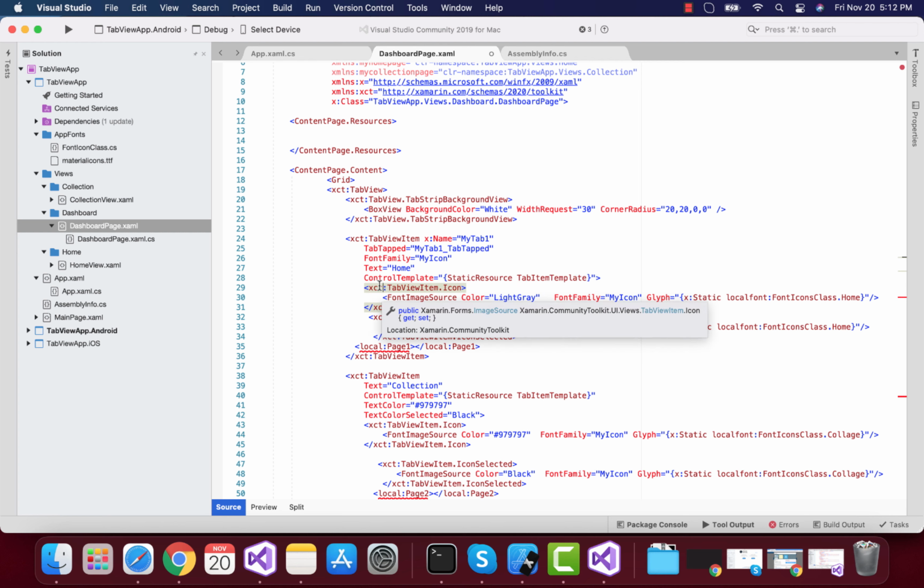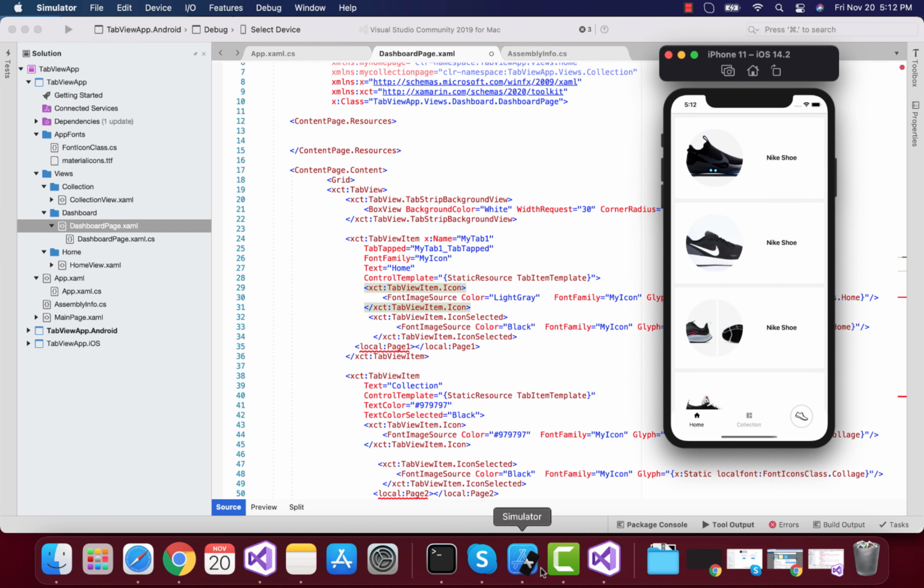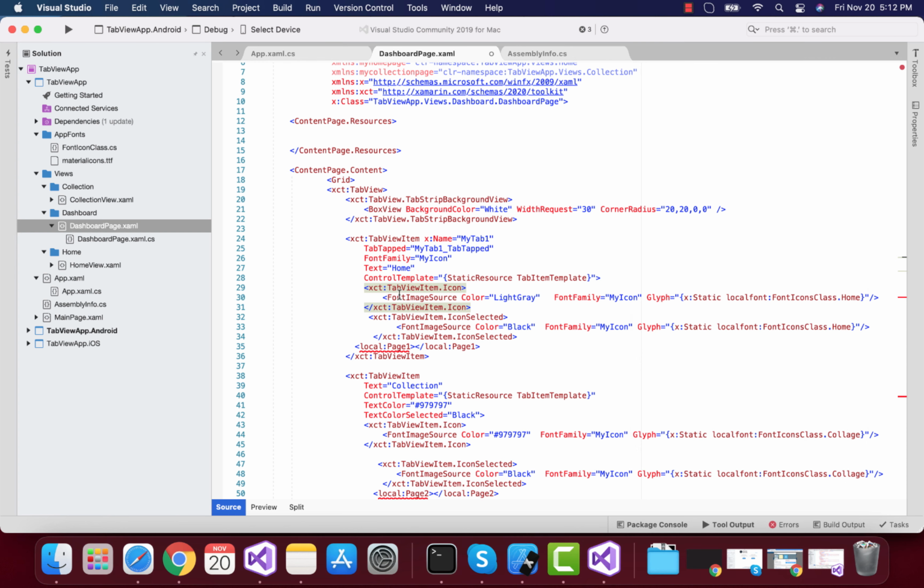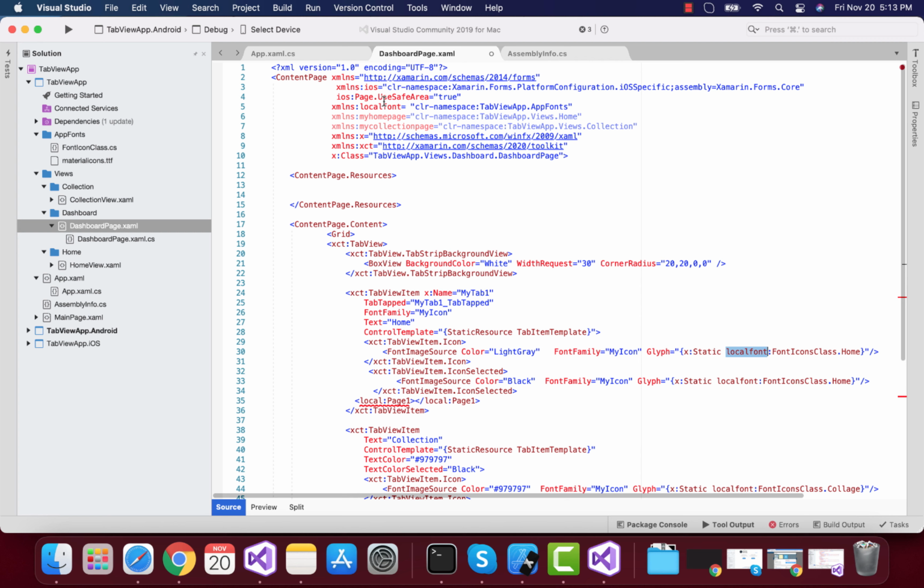Now we are not going to talk about control template. Now let's focus on the icon side. So whenever the item's icon is selected, then what happens? At first we are going to tell that it will be light gray. Then we are going to call our font icon class from here. You can see over here I can just exclude it and then add that local font, and inside that local font we have font icon class.